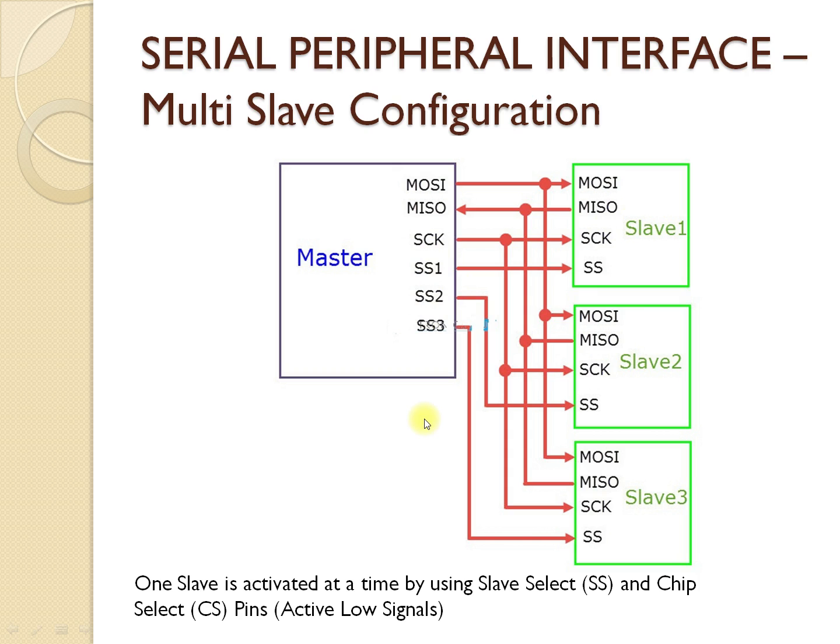So whenever the particular chip select pin or the slave select pin is going to be active low, that particular slave will be selected according to the pin we are choosing. So this type of configuration is very common for the computer based or the microcontroller based SPI configuration controllers. So this is going to be very common in nature.